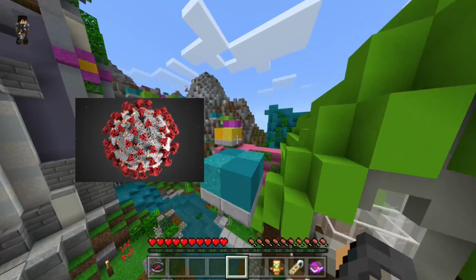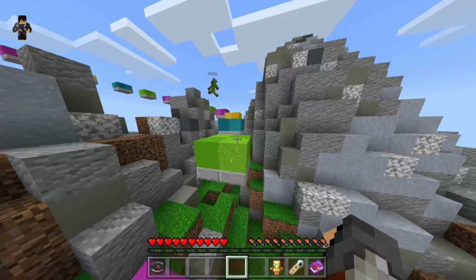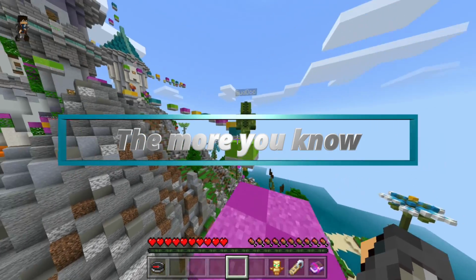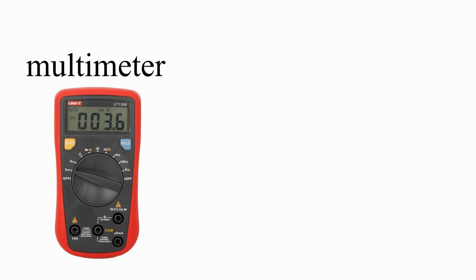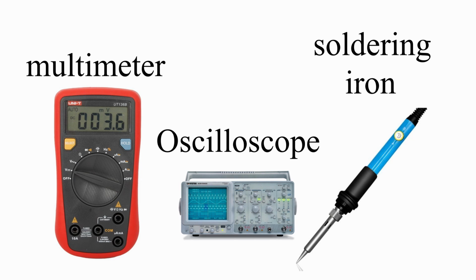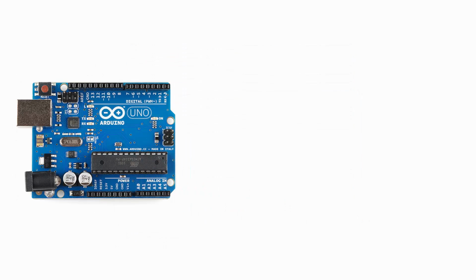So I figured with the coronavirus happening, now is as good a time as any, probably even better, for people to learn new things and stuff. So my recommendation is to learn how to solder, because a bunch of stuff is electronic, and fixing most things electronic you can do if you have a multimeter and a soldering iron. Oscilloscopes help too. So yeah, and you can make little fun projects either with Arduinos and stuff, Raspberry Pis, and